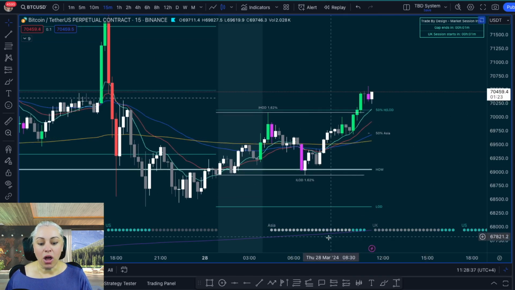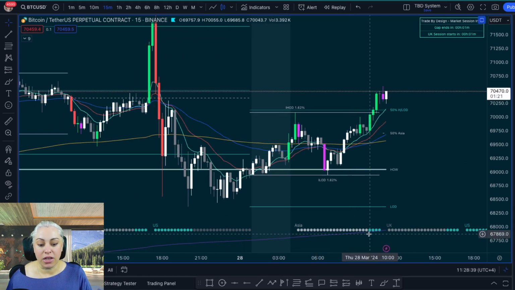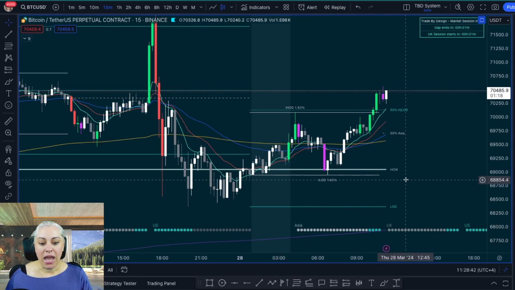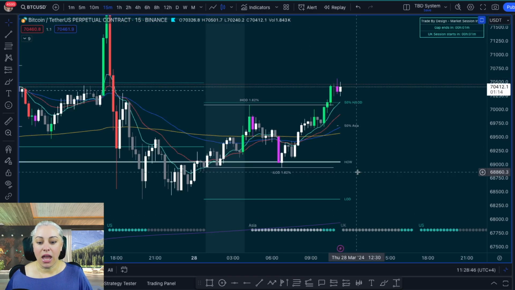Now, the initial high and the low of the day, as I mentioned, it's formed in the Asia session, and it's usually formed with a hammer, and the role of Asia is just to consolidate, usually in no more than a 2% range. And they're consolidating because the UK's job is to run a trend. So once that consolidation has finished in Asia, UK will run the trend with the goal to break one of